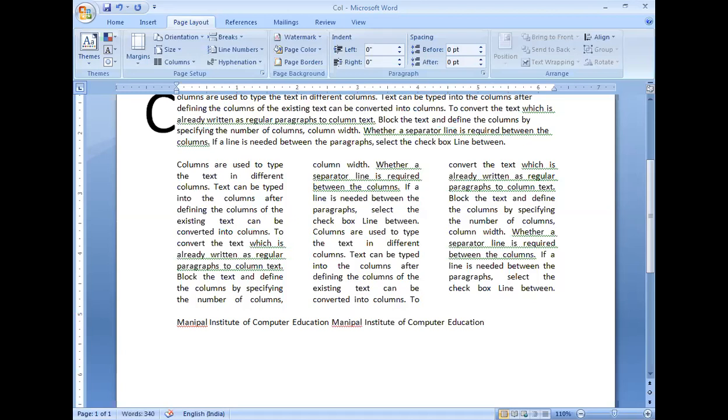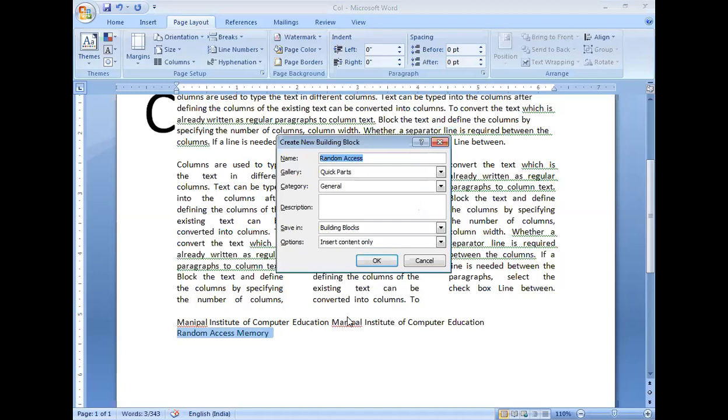I'll type random access memory. And as we know, for this random access memory we can give the shortcut RAM. First block the text, hold Alt F3 function key, type the shortcut as RAM and make it OK.